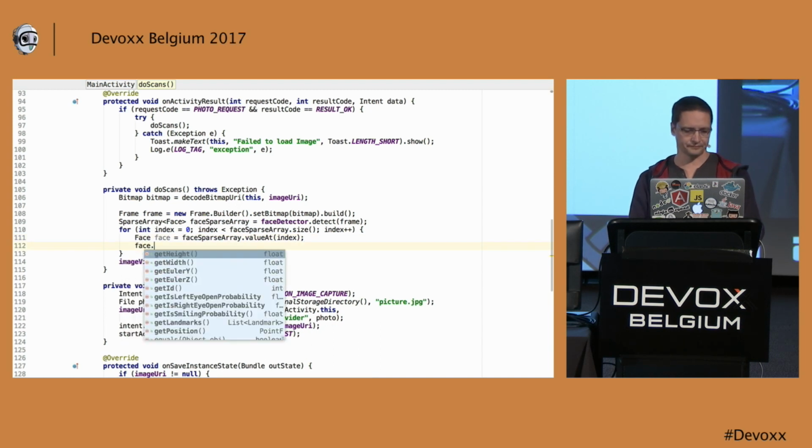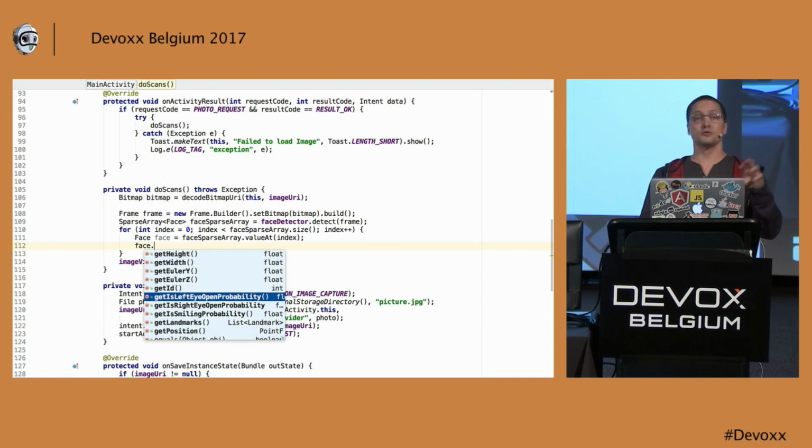This face, I will get the height, the width, the Euler Y and Euler Z. These are the angles of the face, like this, and on the side. We don't have the one where we tilt your head forward, it is not available. For the one which is Z, which is when you tilt your head, you need to be in high accuracy mode to get the value.